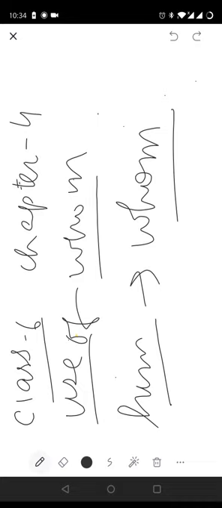For example, the boy whom you teach is very intelligent. The boy, what is the objective case here? So the objective case is boy. Boy is singular, but whether it is singular or plural, it doesn't matter. We will use whom, but in place of him and her, we use whom. And last thing, to connect two sentences, we also use whom.